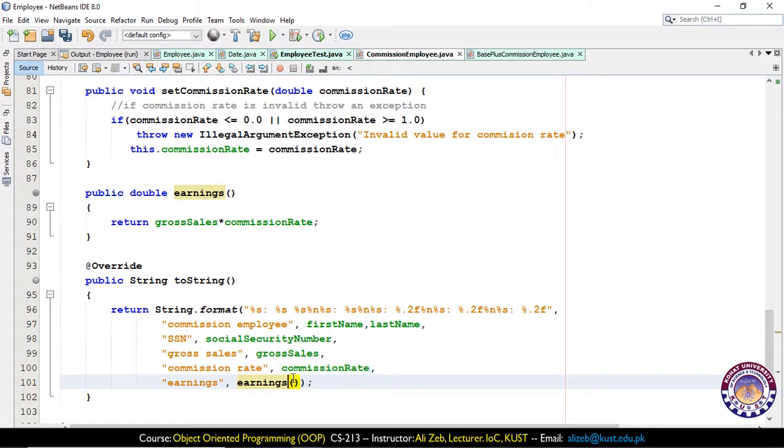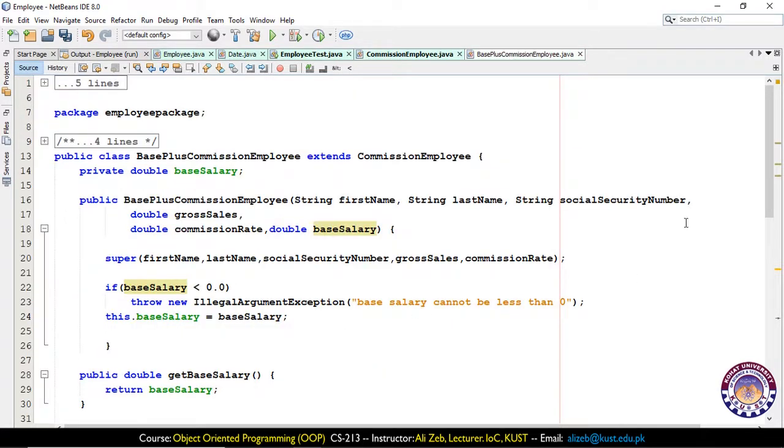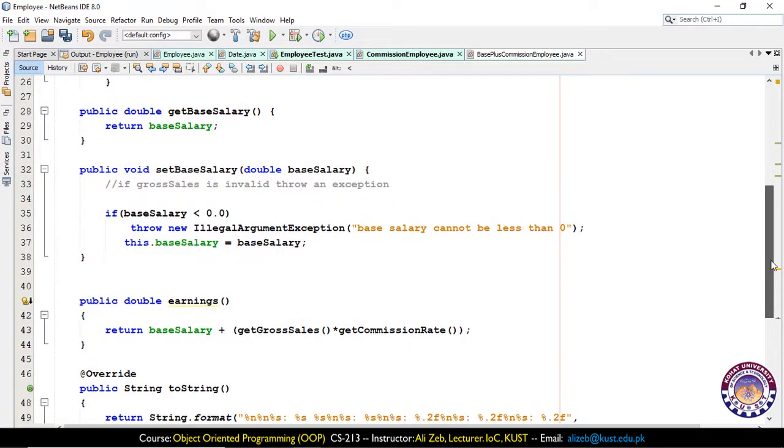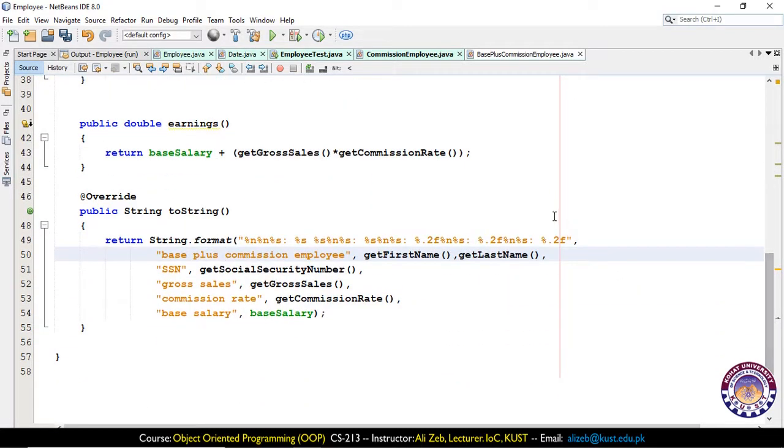We expect that this will print the earnings of the commission employee, and similarly we'll make a similar change in the base plus commission employee class, and we expect that we'll get the earnings for the base plus commission employee